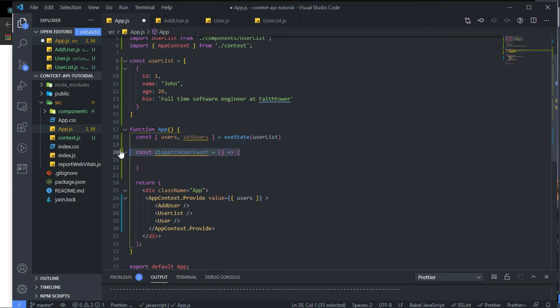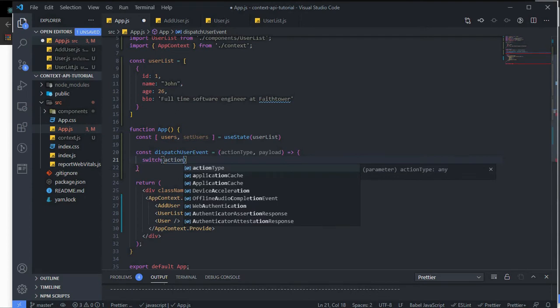So this is actually going to modify the state based on the user event that is going to come from any of our components. So it is going to receive something we call an action type, and then what we call the payload. So this action type is actually going to tell us which action we are performing on the user list. Right? And the action types that I'm going to have are add user and remove user, which I'm going to use a switch case to actually handle. So I'm going to switch the action type,